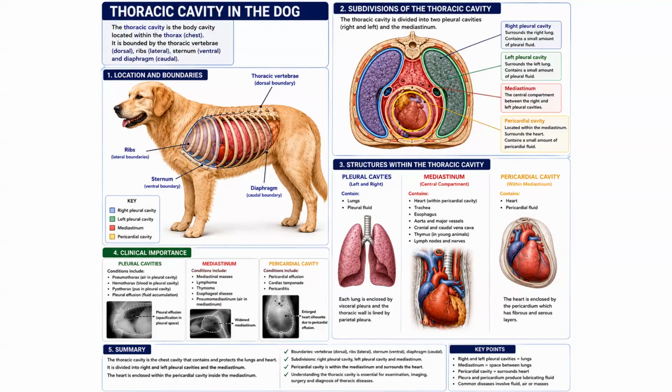And also in the pericardial cavity, conditions like cardiac tamponade, pericarditis, which is inflammation of the pericardium. You understand? When the pericardium is inflamed. Now, as a veterinarian, you should know the normal, because they will always teach us the normal and the abnormal. So when you now notice that it is inflamed, the knowledge of where the mediastinum is would help you to detect what is wrong with the animal. Why is the pericardium inflamed? You understand? So you see, all these cavities are important because there are so many diseases